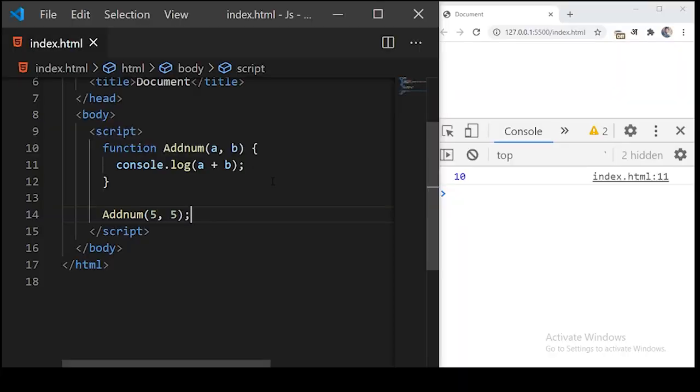So this might be a case when you want to define variable arguments to a function and you are not sure about how many numbers you want to add. You can do this in JavaScript using a spread operator. We will create a separate video on the spread operator,